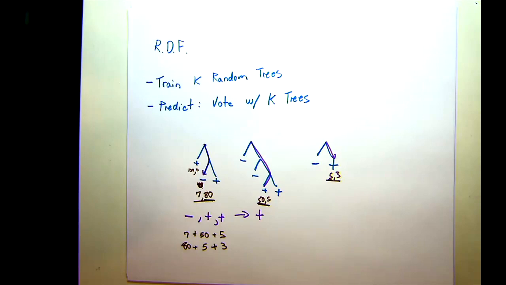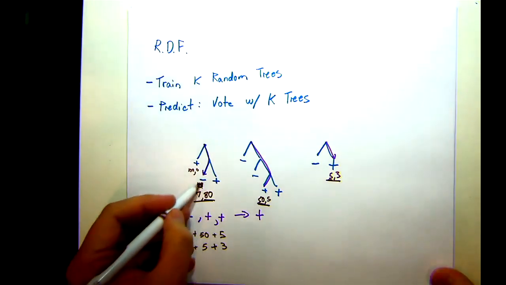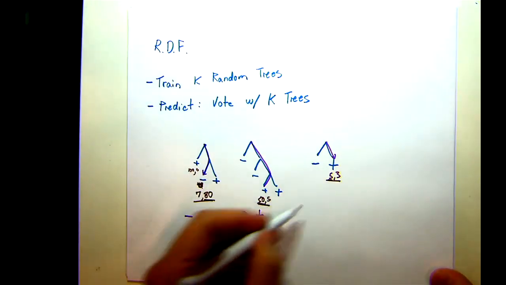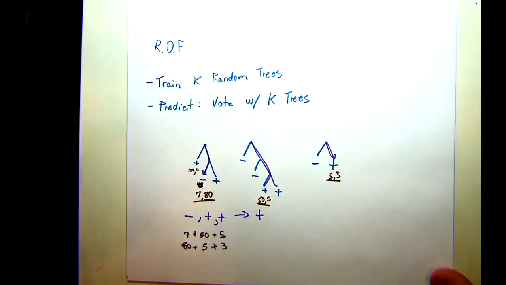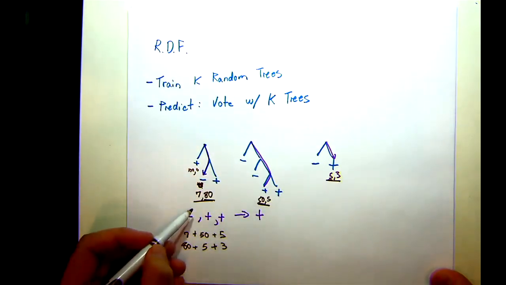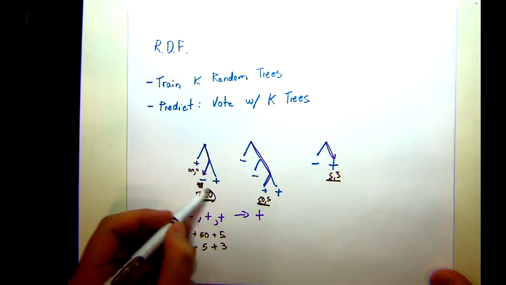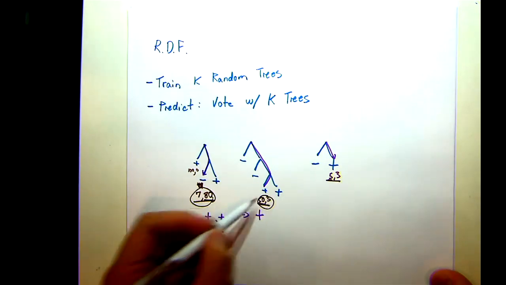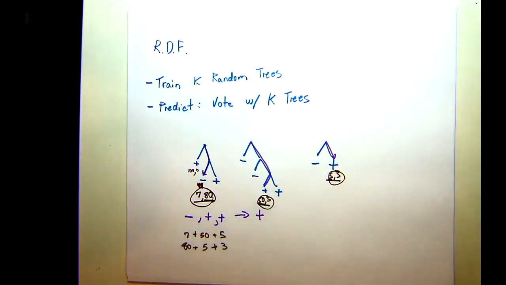The third thing you could do is say, well, this kind of unfairly gives some advantage to some trees. So maybe we'll take the percentage instead of positive and negative counts. So the fraction of positive and negative, the fraction of the label. All of these are valid voting criteria.